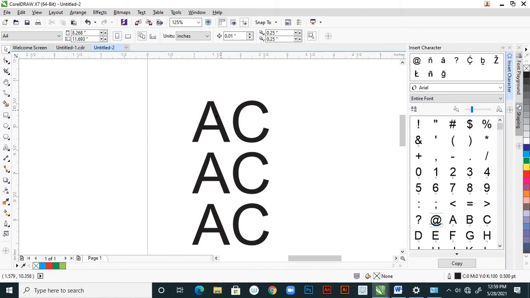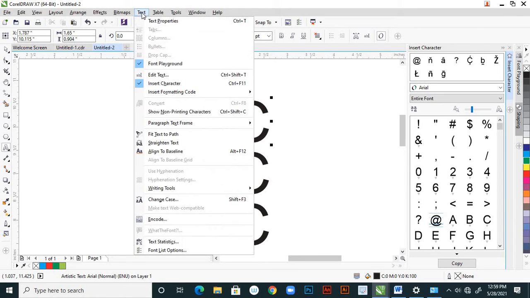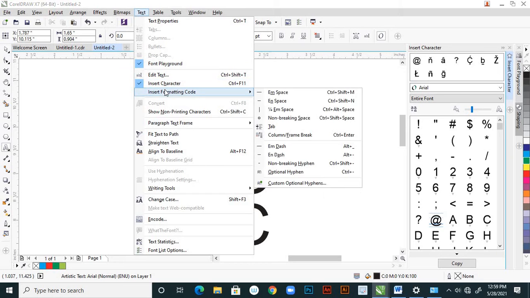The formatting codes means, suppose here see, just click after A, that means this cursor blinking between A and C, and now from text menu here insert formatting code. See here, these are all codes. Manually also you can do all these things.